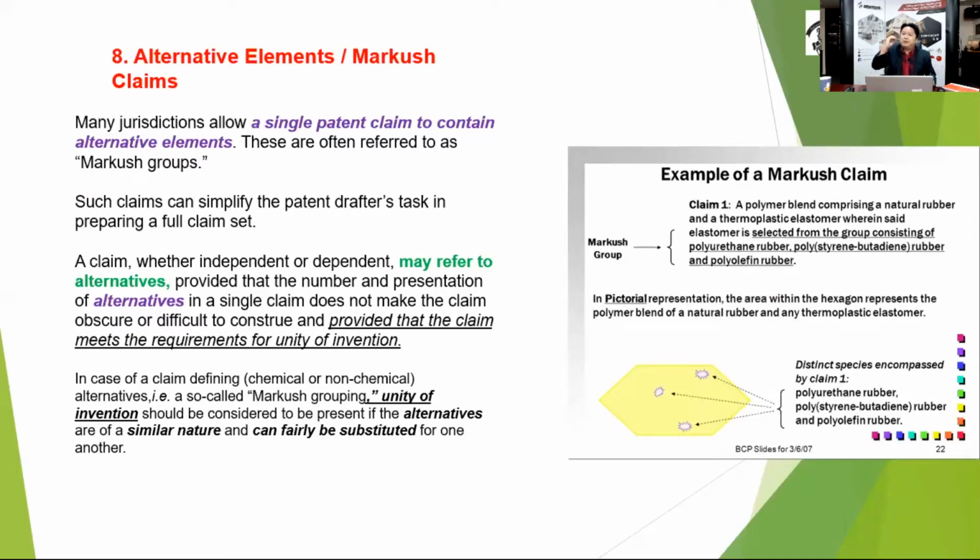And what if I don't want to do that? I want to keep it simple, but allow myself to have a choice of either A, B, or C. So we will use these methods. We call it the Markush claim method, or alternative elements Markush claims. Now, a single patent claim consisting of alternative elements, we will refer to as a Markush